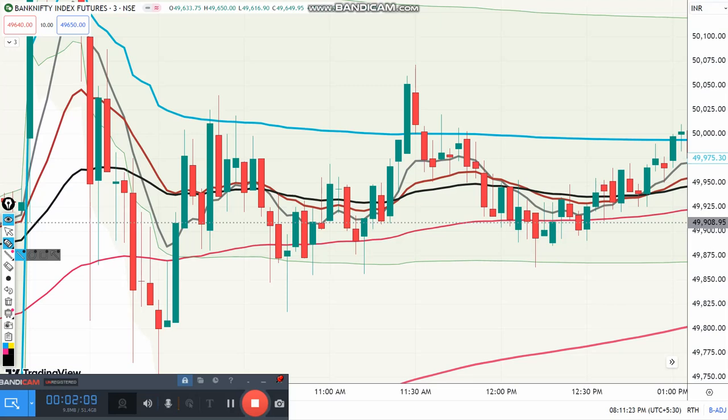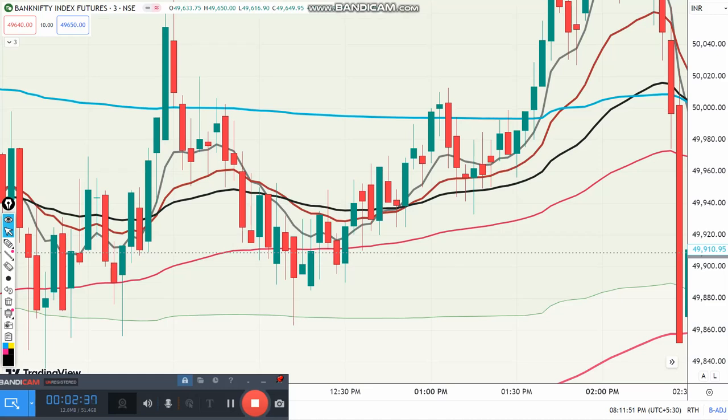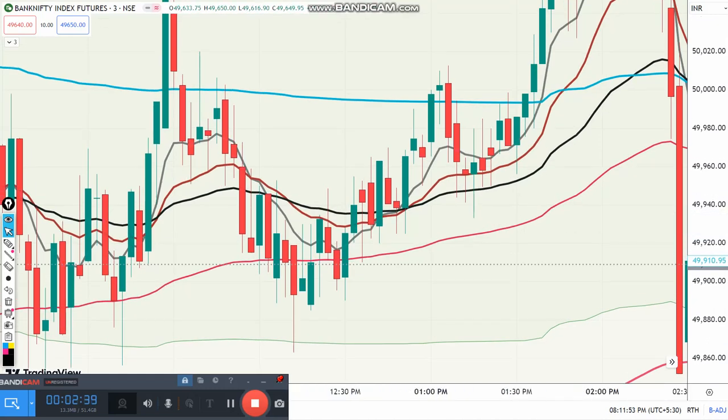and then it received support from 100 EMA and VWAP band, and there was a bullish crossover of 9 and 21, and the candle went into the 50 MA. So there was movement up to the VWAP. And then